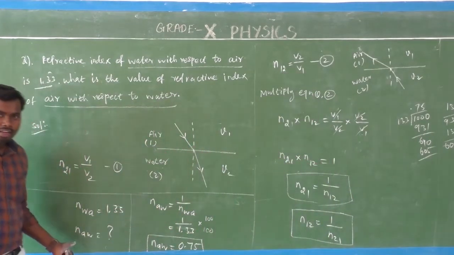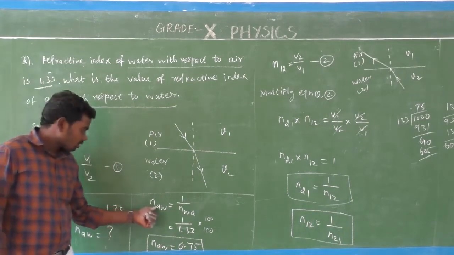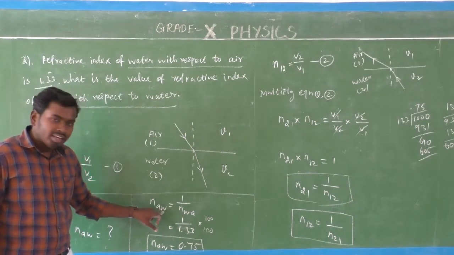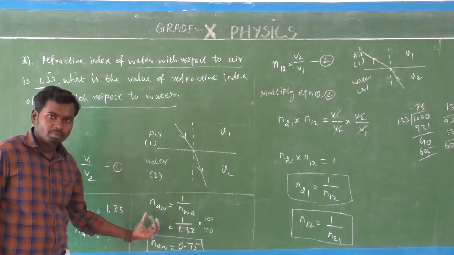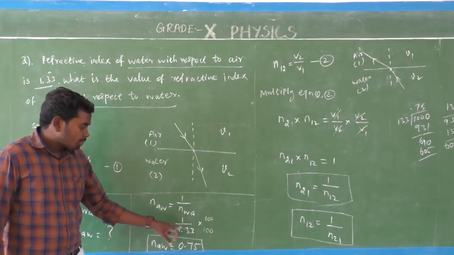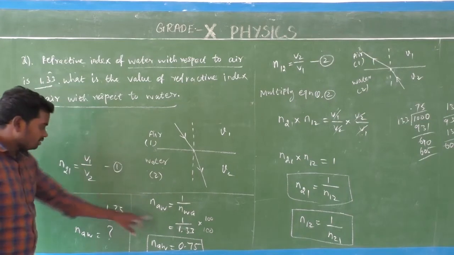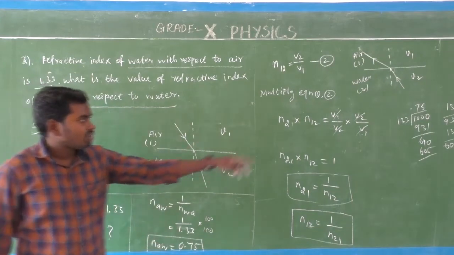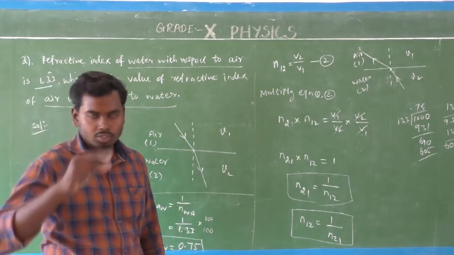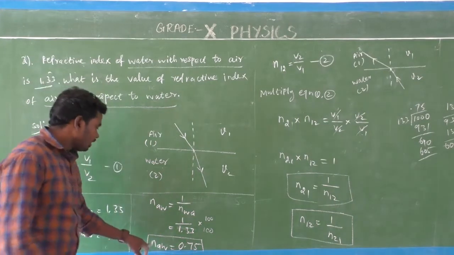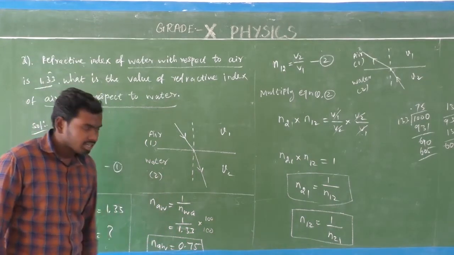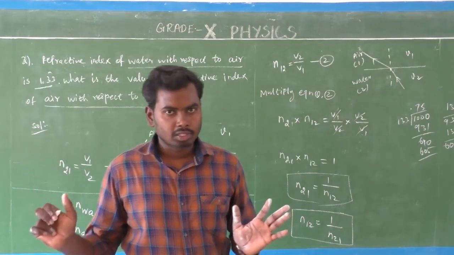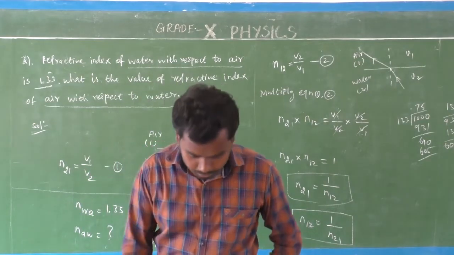Here, we need to calculate the refractive index of air with respect to water. So the refractive index of air with respect to water is equal to the reciprocal of the refractive index of water with respect to air. You interchange the two medium, that is ulta, isn't it? So we get 1 divided by 1.33 because we already know this value 1.33. Multiplying both with 100, we get 100 divided by 133. Dividing further, we get 0.75. So the refractive index of air with respect to water is equal to 0.75. So this is one type of numerical. Next we will see the fourth numerical.